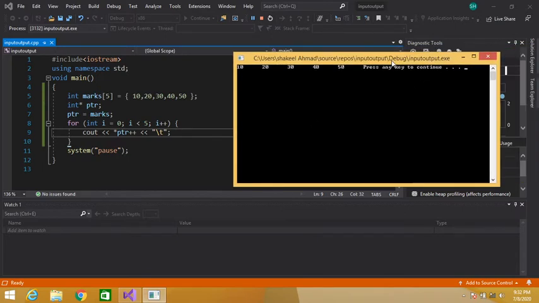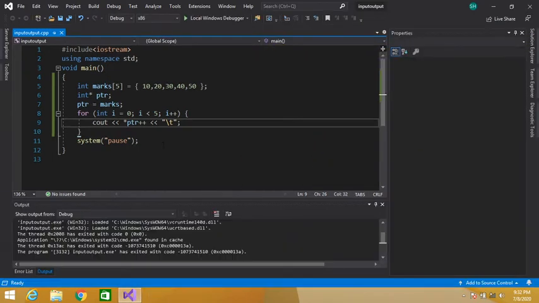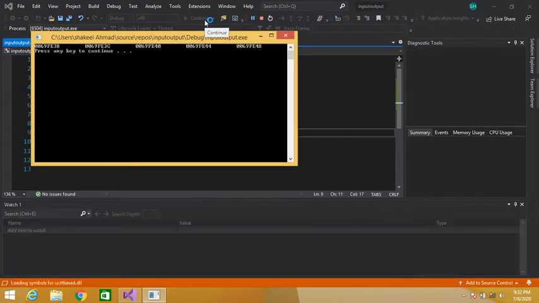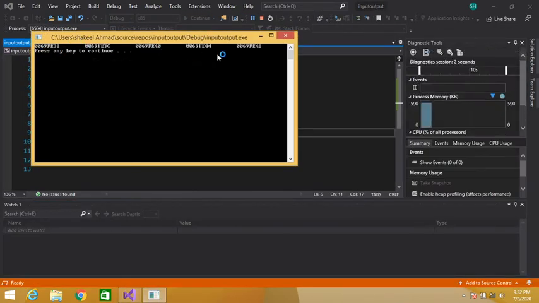What if we want to display the addresses of these elements instead of the values? We can remove this dereference operator and let's execute. Now it will display the addresses of these elements. So these are the addresses of these array elements.